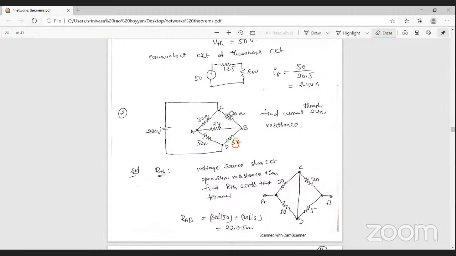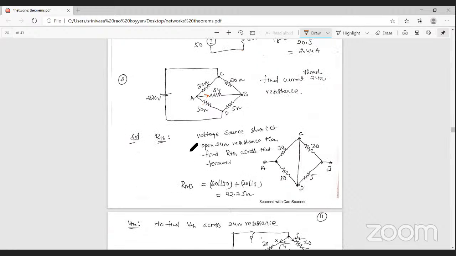If the bridge is balanced, then there is no current passing through this part, that is the 24 ohm resistance. So current is 0 when the bridge is balanced. Here the bridge is unbalanced, that's why you can find out the current passing through the 24 ohm. Here you can apply Thevenin's theorem, to find out first the Thevenin's resistance across these two terminals,